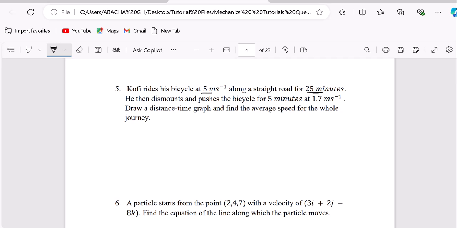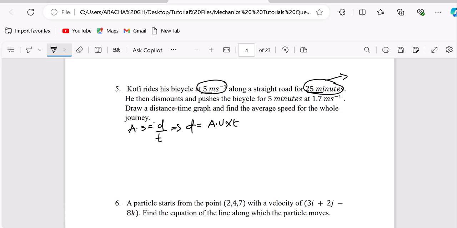We know that average speed is equal to distance over time, which implies that distance is equal to the average speed times the time. So if we take the first part of the journey,